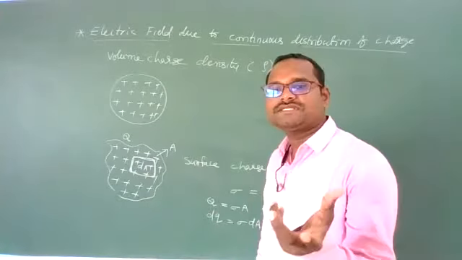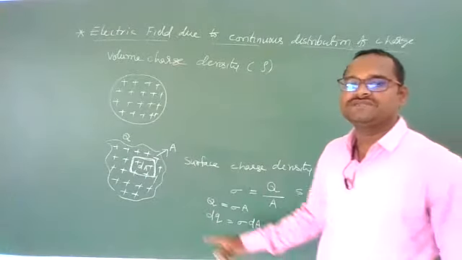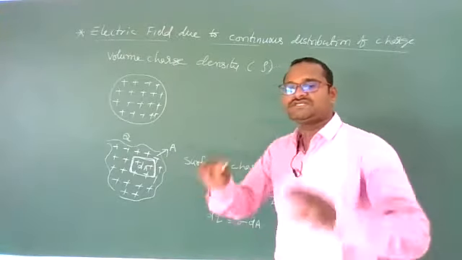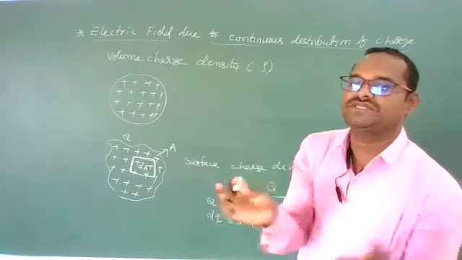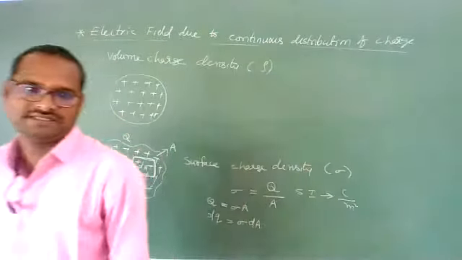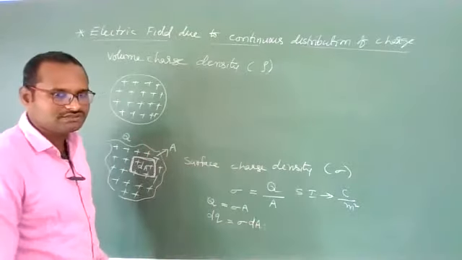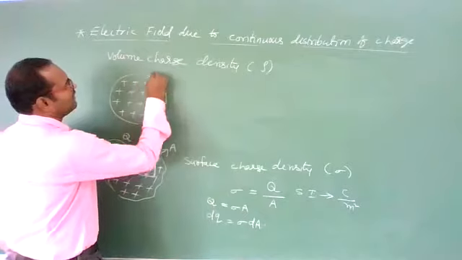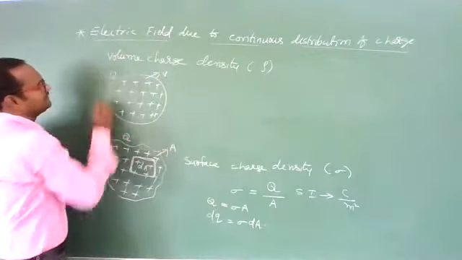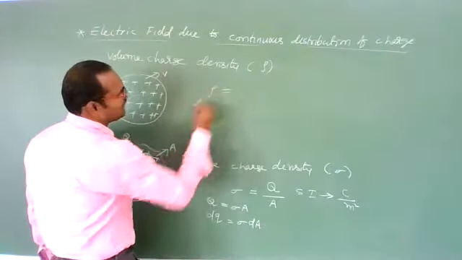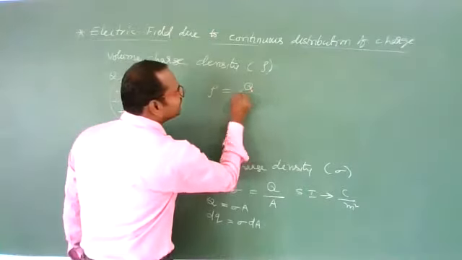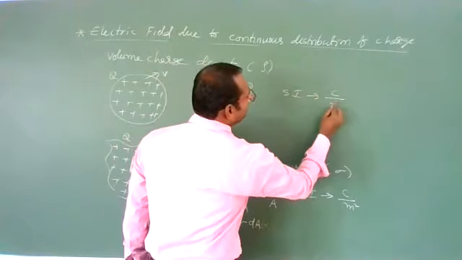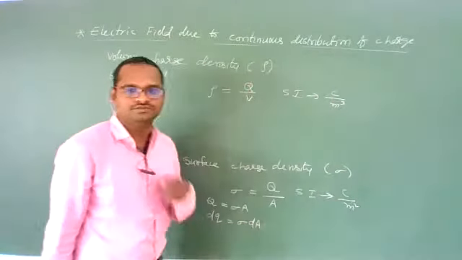If you consider a hollow spherical surface, then we need to take surface charge density. Already you know these points. If you consider a solid sphere, then you need to take volume charge density. Again, some difference also you will get, that later I will explain. So on this volume V, a charge Q is present. Then volume charge density rho can be defined as Q by V. Clear? And the SI unit is charge per unit volume, so coulomb per meter cube.